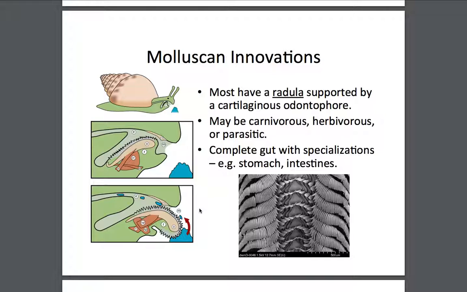Harder than steel. It's a sclerotized proteinaceous setup, like embedded iron inside a proteinaceous matrix that makes it super hard. So this thing scrapes along the surface and rips up particles that are edible and slides back and forth over this rigid structure called the odontophore. So the radula is like a belt that slides over the odontophore and scrapes up things and moves it